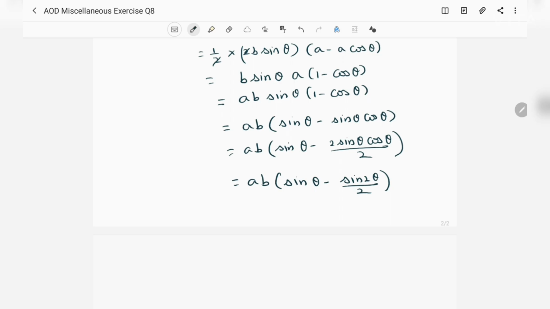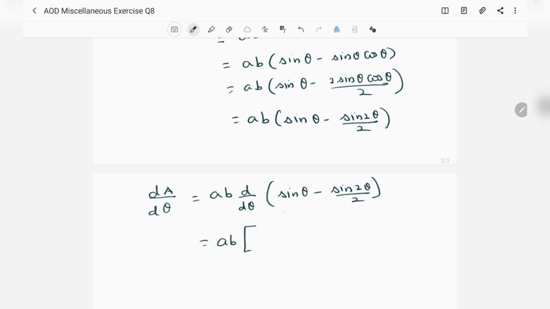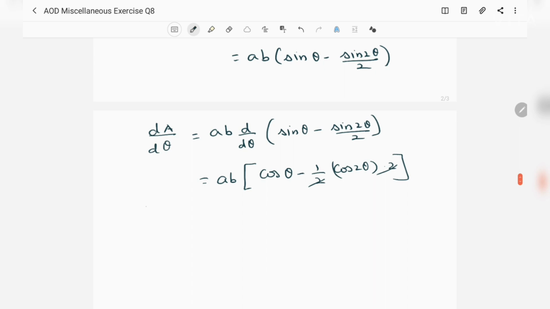So A is expressed in terms of theta, so let us find dA by d theta, which is equal to ab times d by d theta of sin theta minus sin 2 theta by 2. So which is equal to ab times derivative of sin theta is cos theta minus half into derivative of sin 2 theta will be cos 2 theta into 2. So 2 gets cancelled with this,